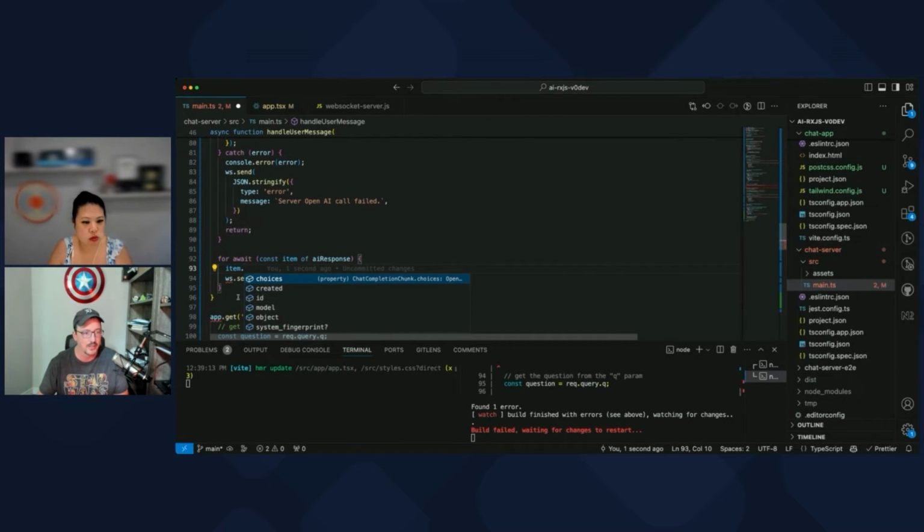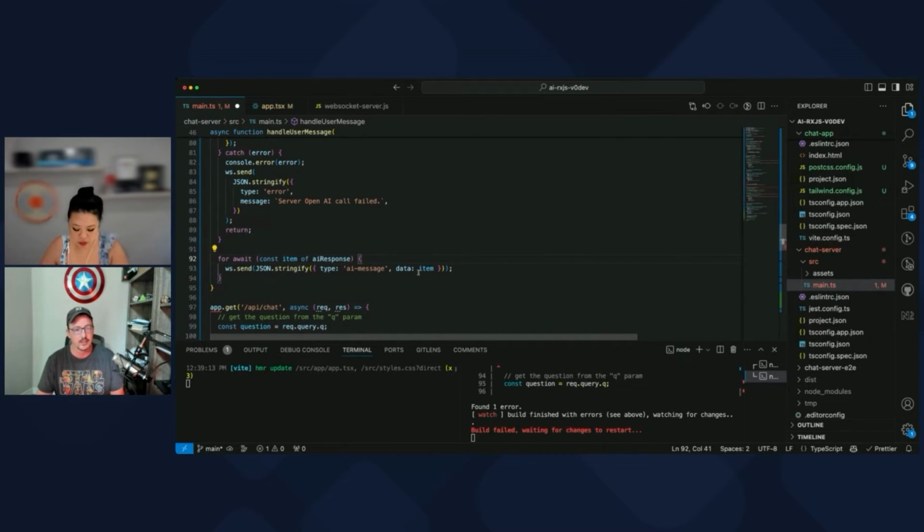It's not going to be amazing. So we can use RxJS for this, or we can just send AI message, data, choices, is it 0 dot delta content? And if there's no content, we don't want to send it, so I'm just going to skip it.